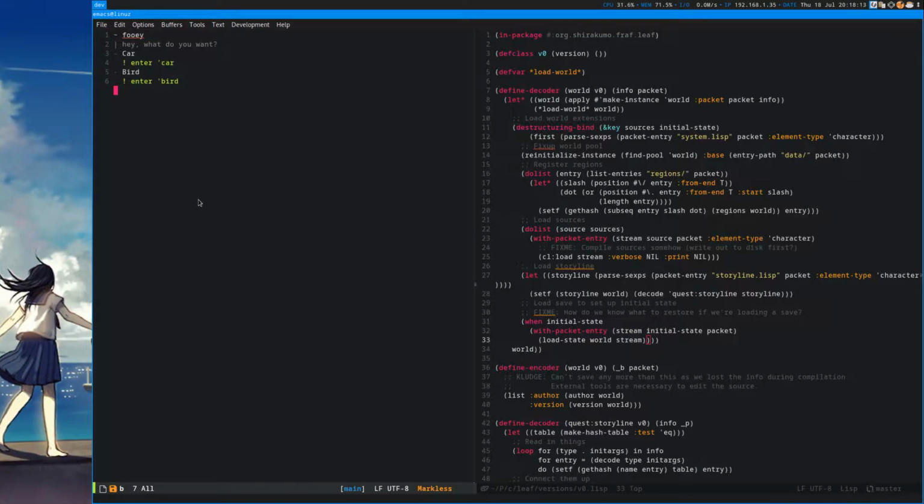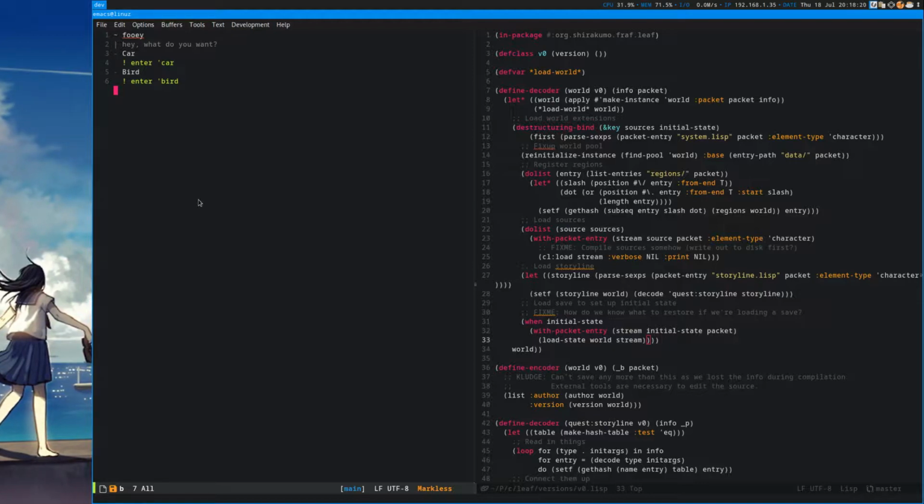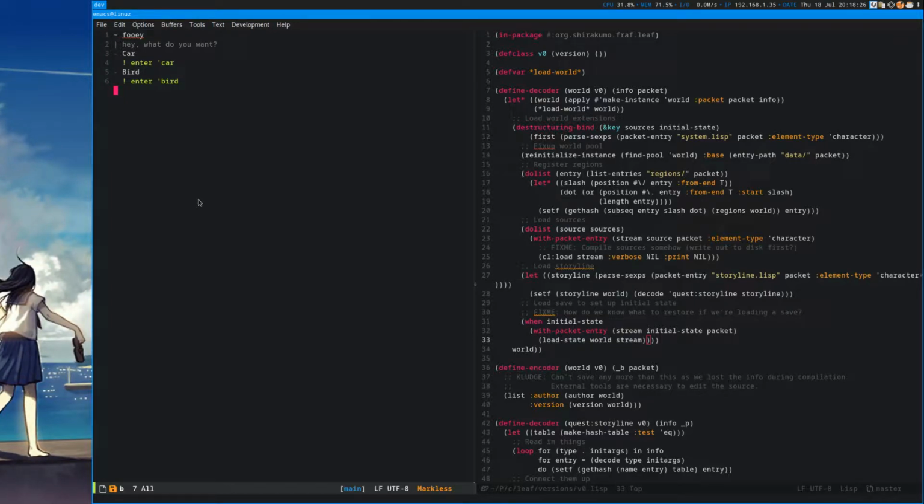But it's much harder to parse that information out. I guess... Does the region save the player? Yes, it does.